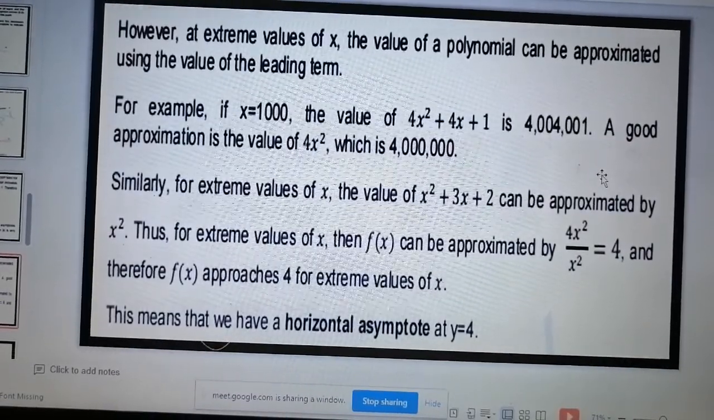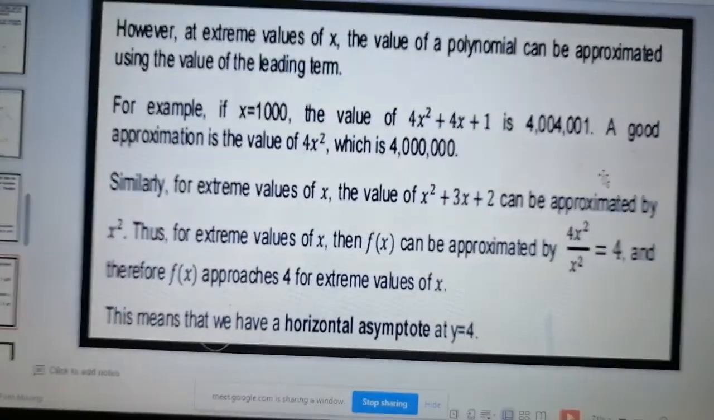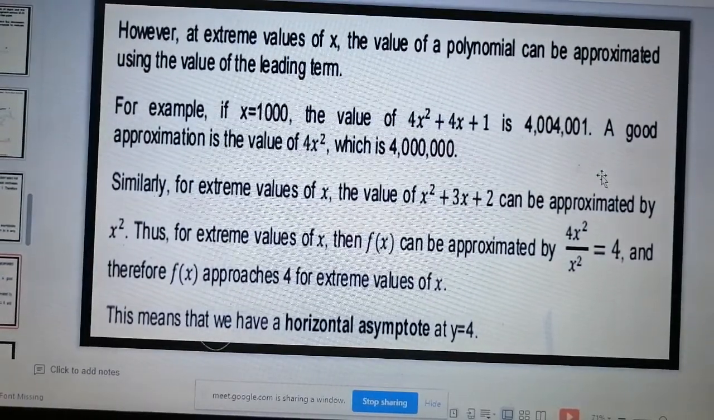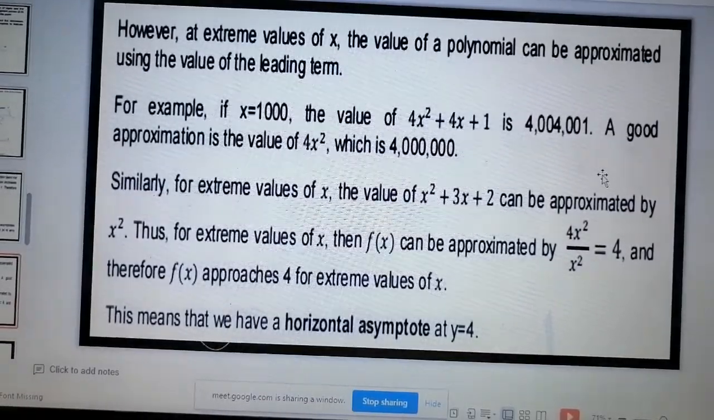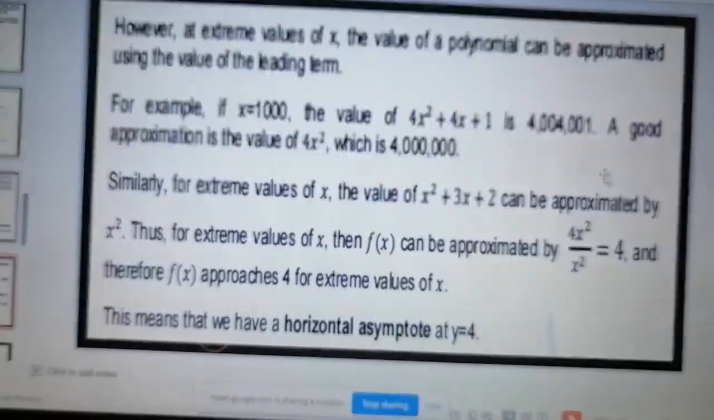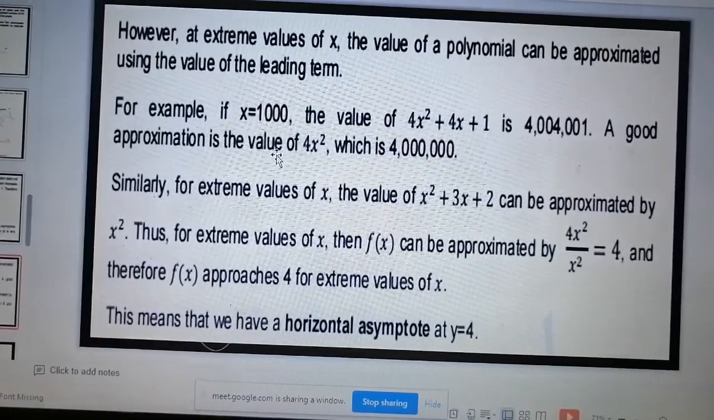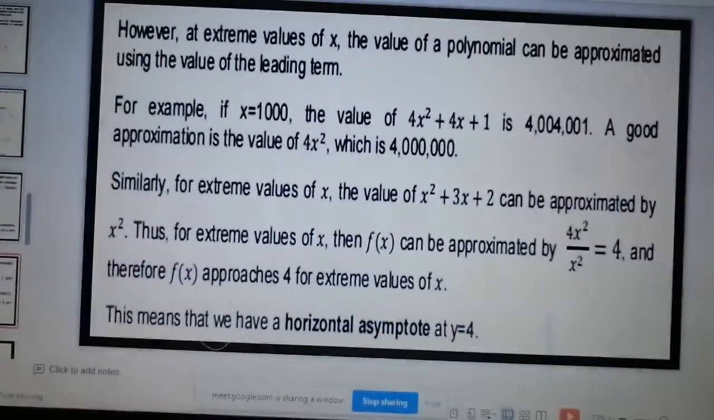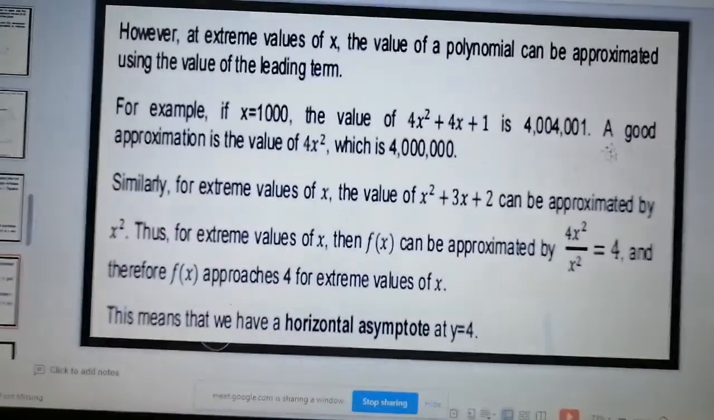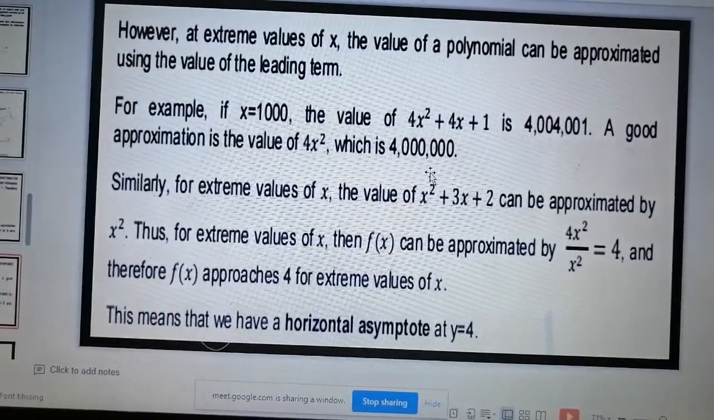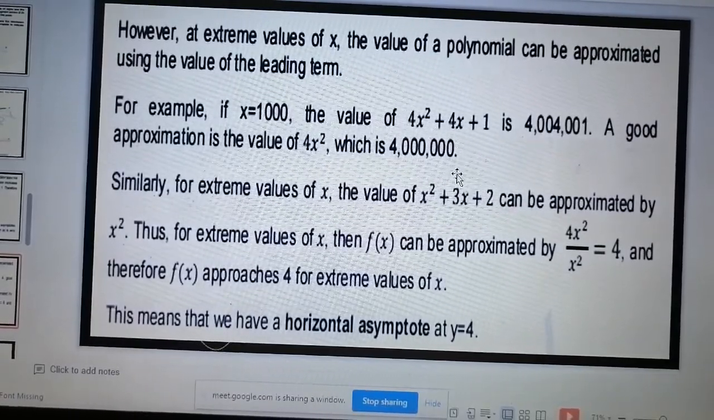For example, if x is equal to 1,000, the value of 4x squared plus 4x plus 1 is equal to 4,004,001. Okay? Ginamitan lang natin yung x ng polynomial. Okay? So, a good approximation of the value of 4x squared will be the value of 4 million. Okay, kung gagamitan naman natin yung isa,